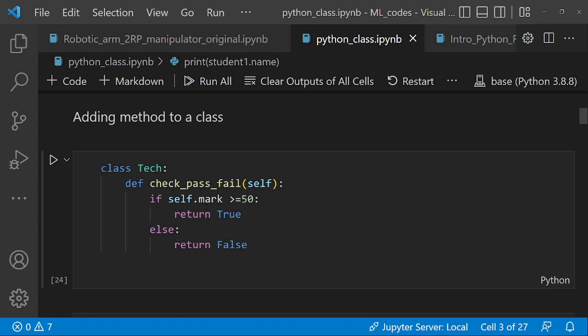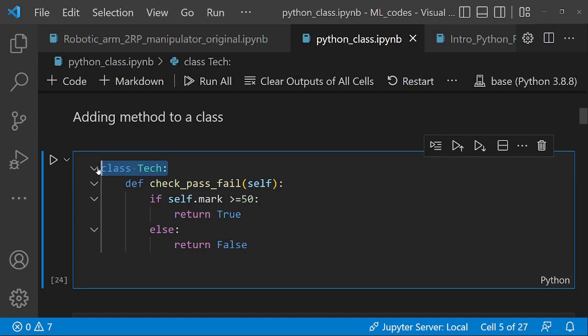So once we have a class, this class tech, now anything you have within the body of that class is called a method. Methods are functions that I have defined in that class. So in this case, I'm defining the method